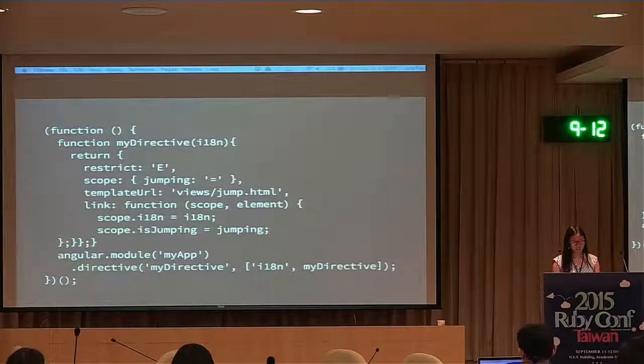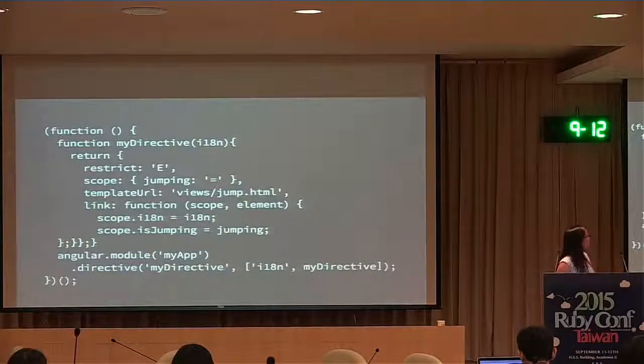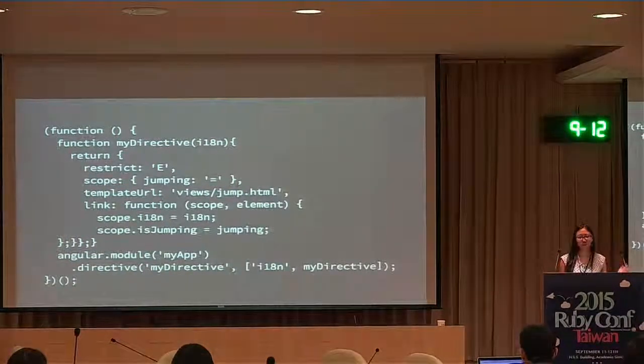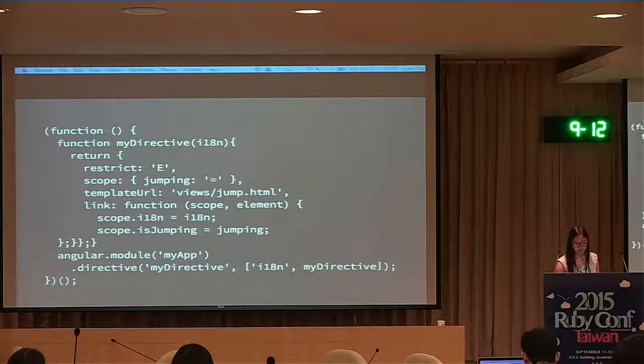The second thing I'd like to point out is that the whole thing is wrapped in an IIFE, an immediately invoked function expression, and we are wrapping everything that we write in an IIFE. Every JavaScript file is just a whole IIFE, and we find that useful because it prevents pollution of the global namespace. So we wrap all of our JavaScript inside of a function expression and then invoke it immediately. Then we concatenate a whole bunch of different JavaScript files and we end up with a bunch of these IIFEs.